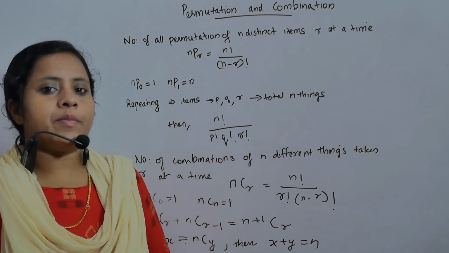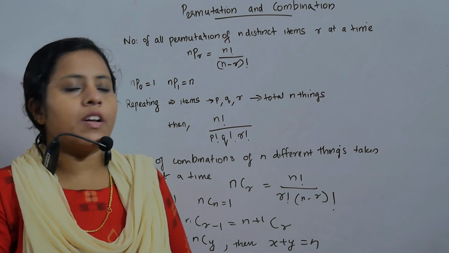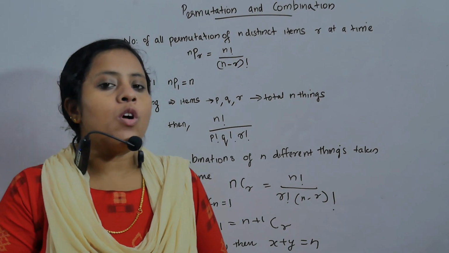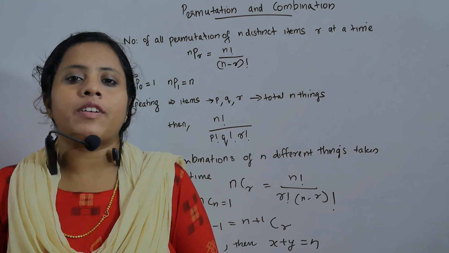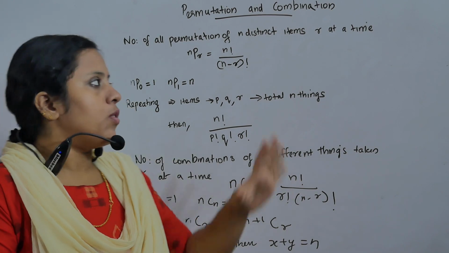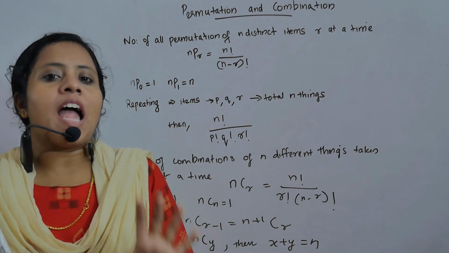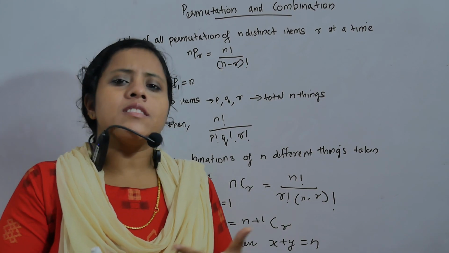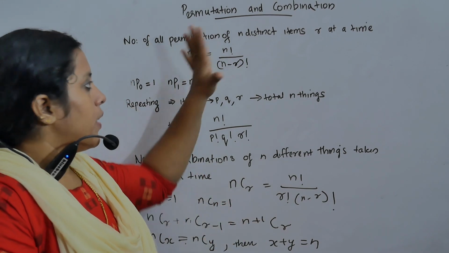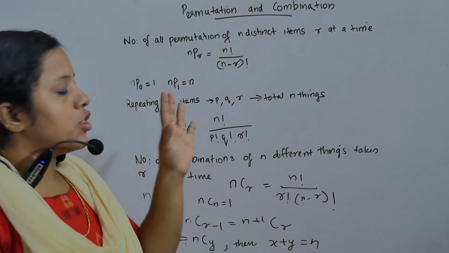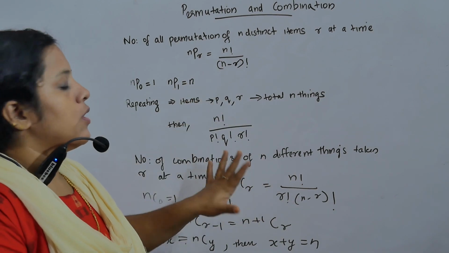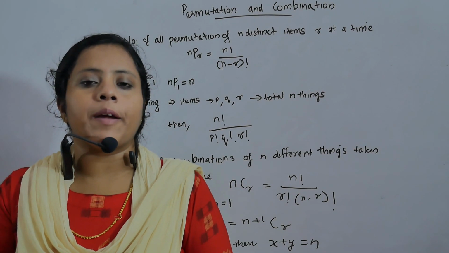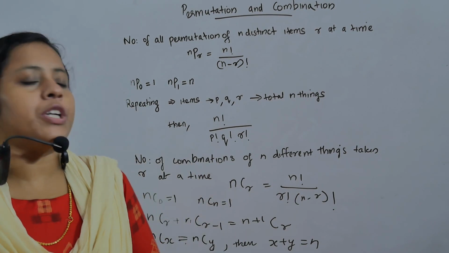Today we are going to see the chapter permutation and combination. These are the basic things that you need to know to solve any question coming from permutation and combination. So this much formulas you should be thorough with, and after that, depending on the questions, some will have slight changes, but anyhow you need to learn by heart all these formulas I have shown here. That means you'll be able to solve most of the questions if you know these formulas, and according to the situation you need to use them.